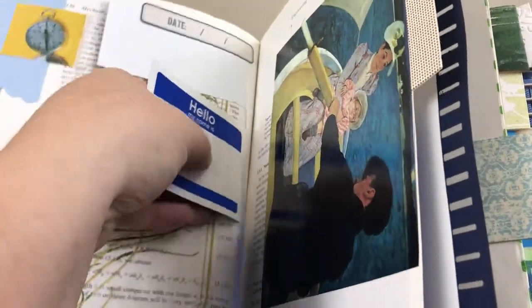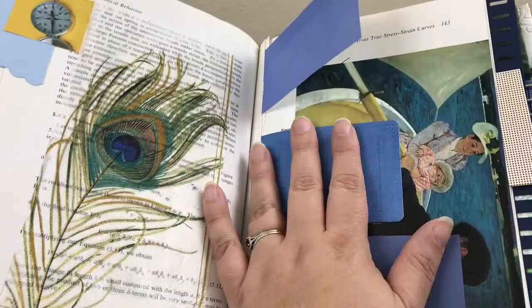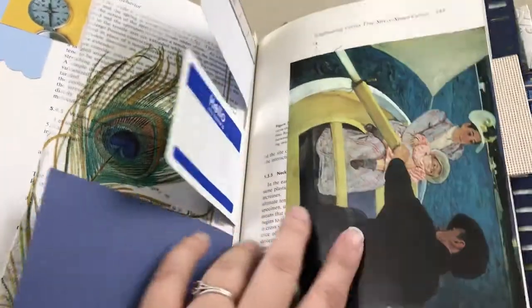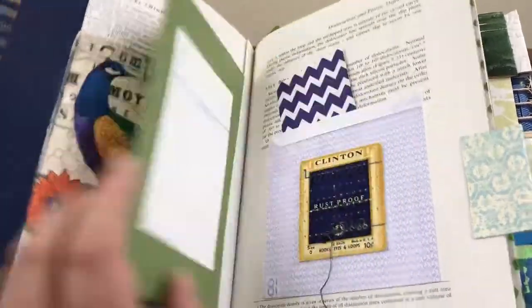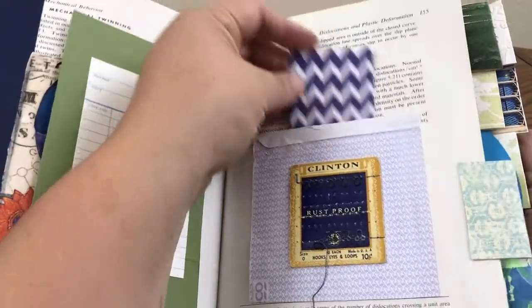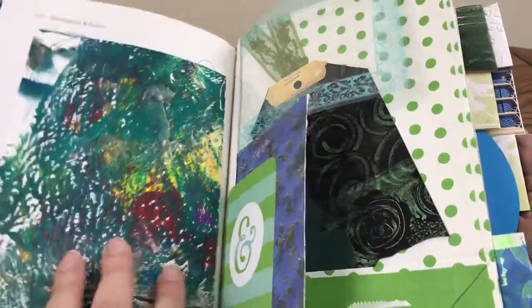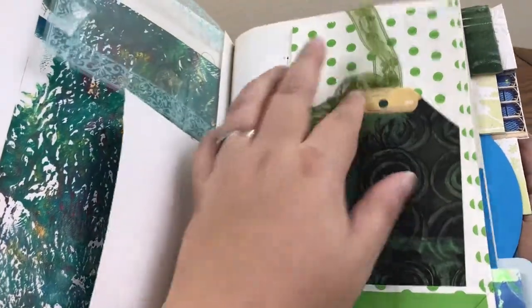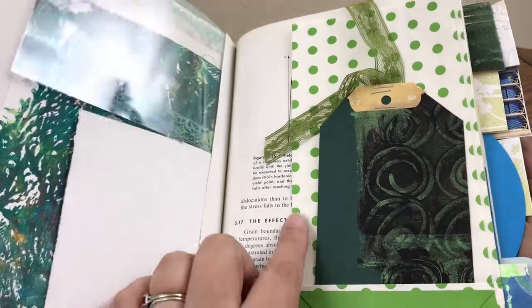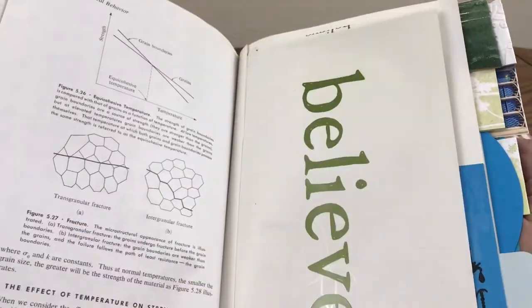And this got kind of stuck, which is unfortunate. Here's another napkin. And an image from the art book. A little pocket and a card that pulls out for writing. Here's another napkin, a little pocket I made, painted paper, a tag that I've made that goes in this little spot, which is a little favor bag from Dollar Tree. This is a book cover, a card,